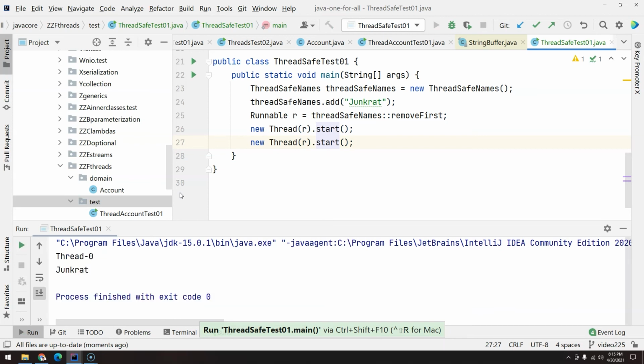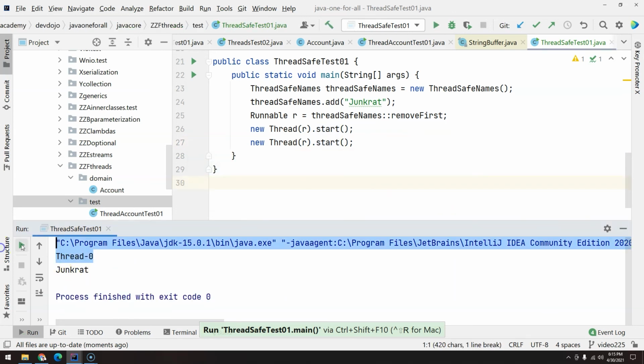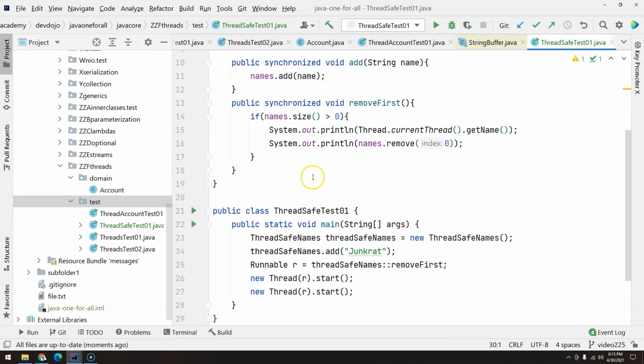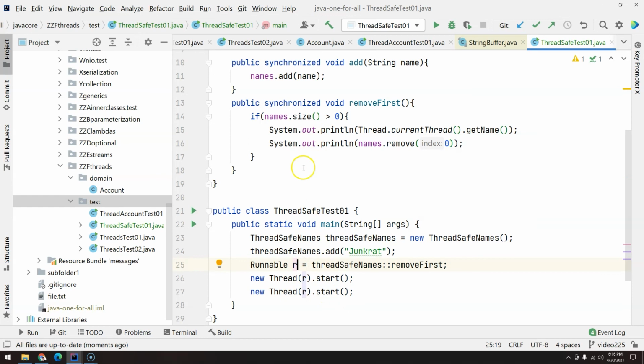Okay, trust me, one day we will get it. So we just have to keep executing forever. Okay, so yeah, it's not guaranteed that it will always be 0. There is a chance that thread 1 will be the one actually executing this code. So the main point here is to be careful. It's not because the class is thread safe that it will be completely safe if you are working with threads. If you are not working with threads, usually you don't have to worry that much.